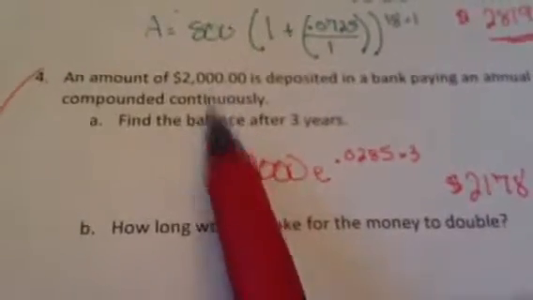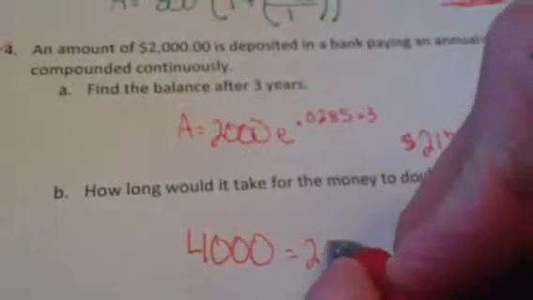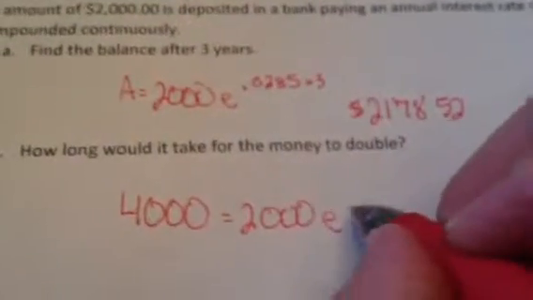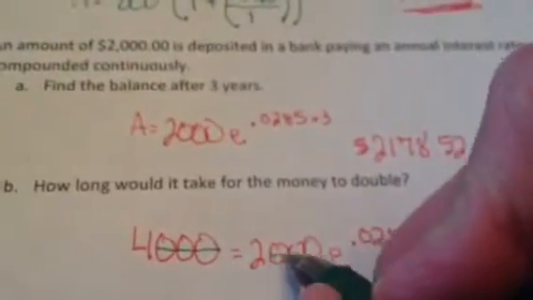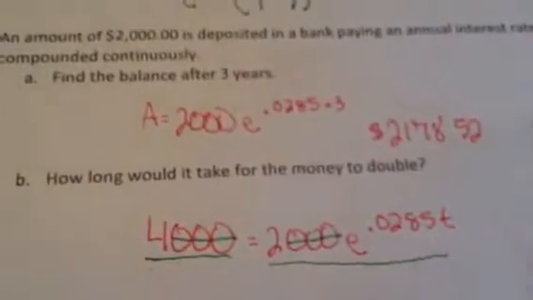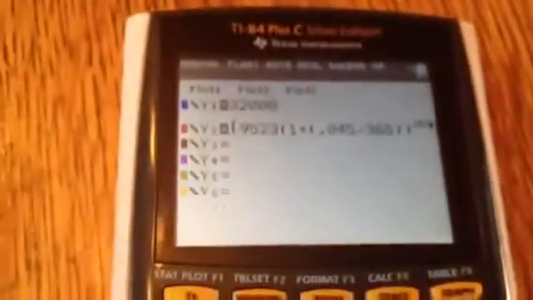Okay, so how long would it take for the money to double? Well, that means we're going to go from 2,000 to 4,000. And again, this is a graphing calculator only problem at this point. So since we're looking for time, I'll be leaving the t alone. So like I've done before, I'm going to cross out the 3 zeros and the 3 zeros, and I'll be putting 4 into y1, and I'll be putting the other side into y2. So go back to your y equals button, clear out your equations. All right, so 4, and then 2 second ln,